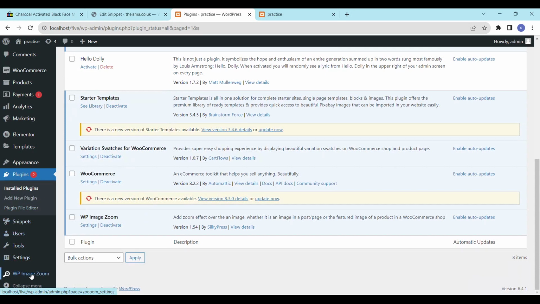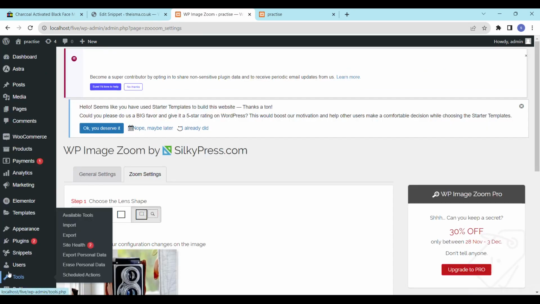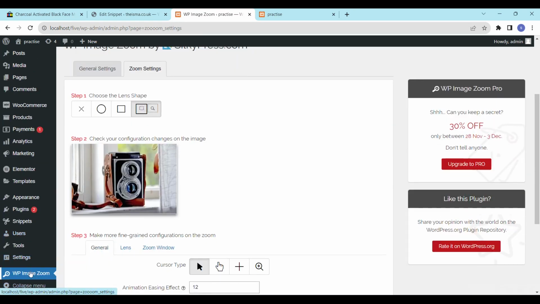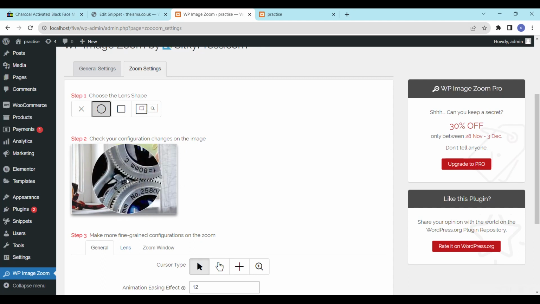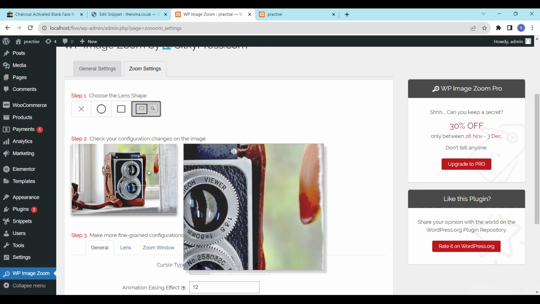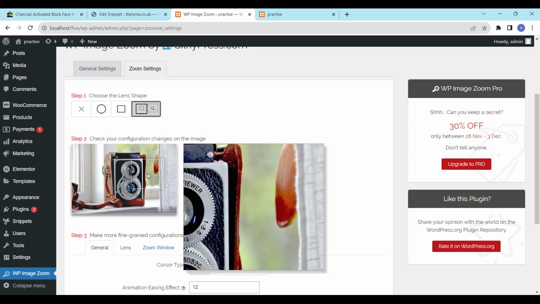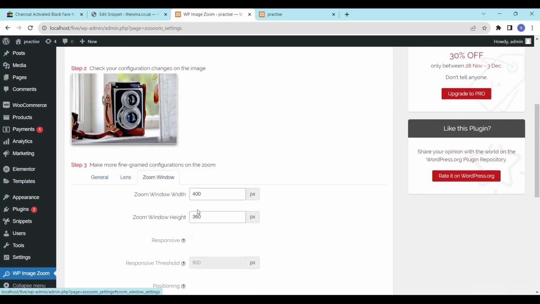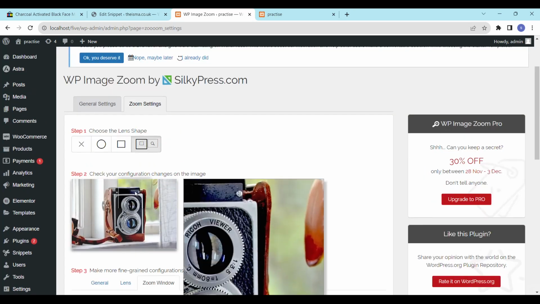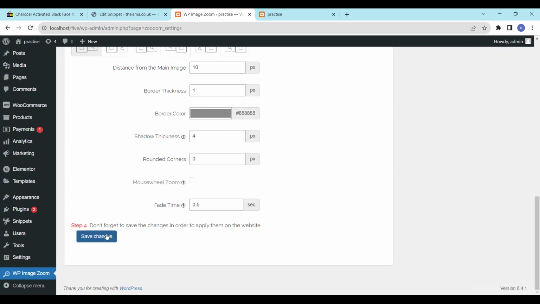After activating it, go to click WP image zoom over here, and you can choose lenses over here. This is no lens. You get a circle lens, square lens, and we will be using this in a new window. You can increase its width and height here. Save changes